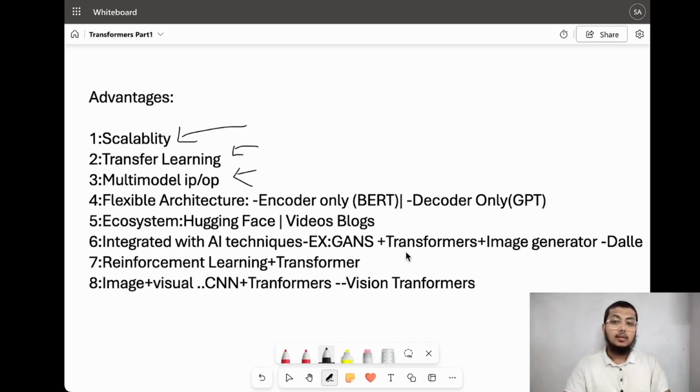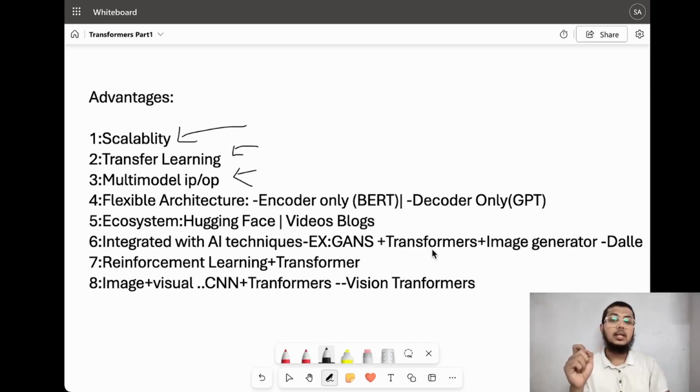A similar setup works through a transformer: you process the input you get, and then by applying an architecture like a GAN, you generate the output